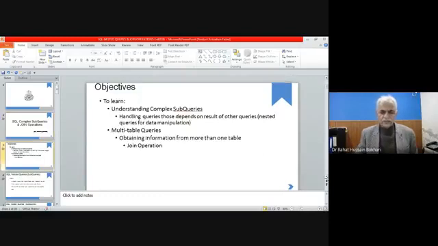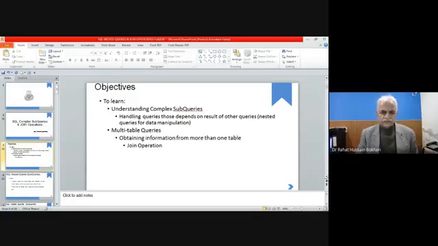Writing complex subqueries is a bit difficult as compared to writing simple subqueries. We have already discussed that within subqueries we have to use nested select statements, and in order to understand them we have given you some examples of tables, and how we have to handle those if we want to acquire information from more than one table with the help of nested queries.